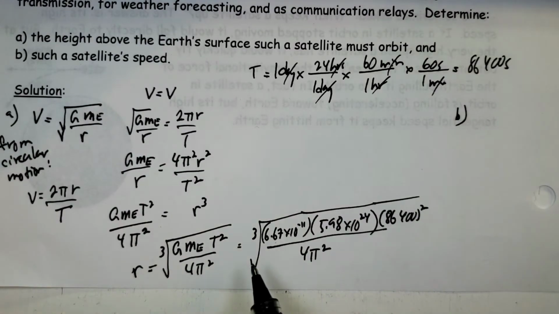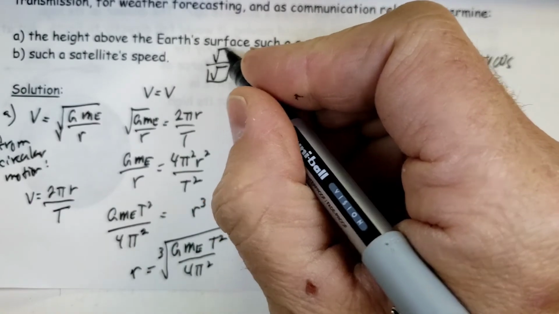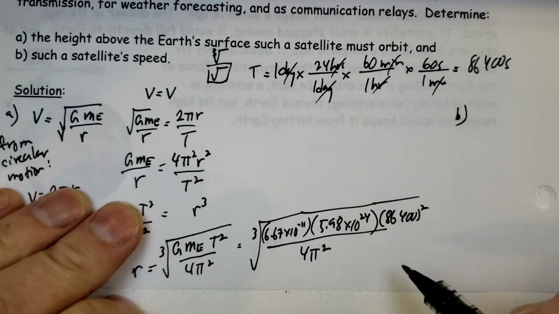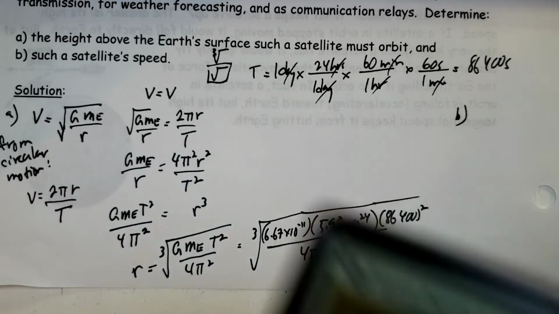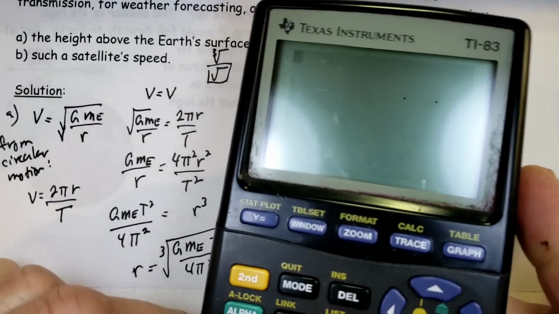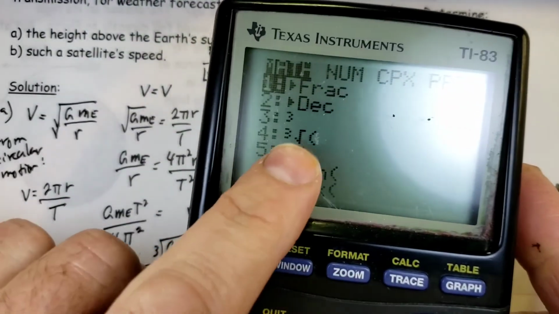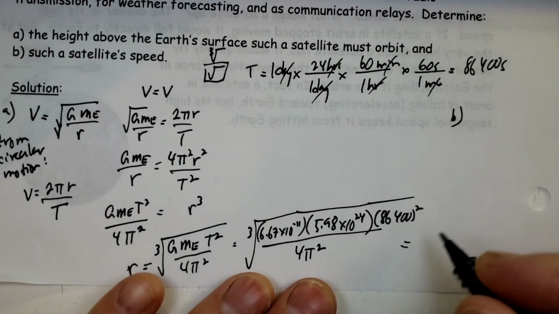And you should have a cube root button. If you look above your square root button, chances are if you use a shift or second function, it's above there. If you're using a TI-83, I think you have to press the math button. So you'll have to figure out on your particular calculator where it is. So if I press math, yeah, there it is right there, cube root. What that works out to be